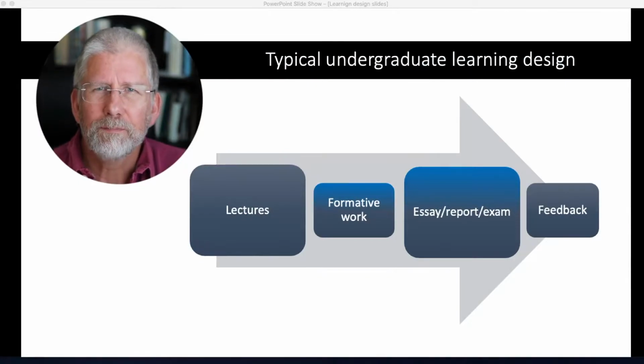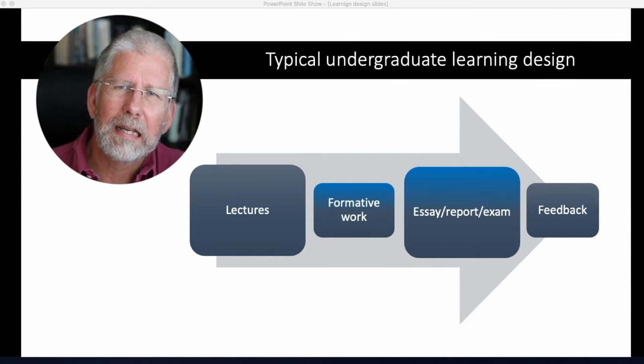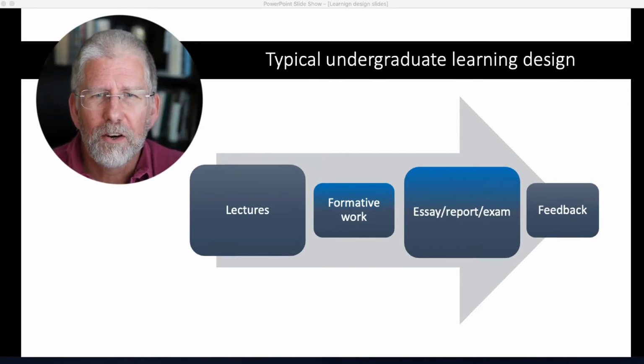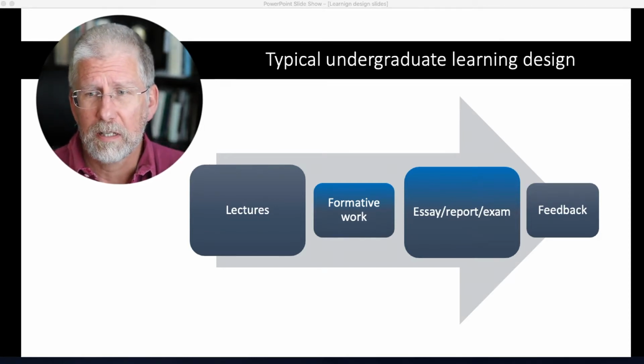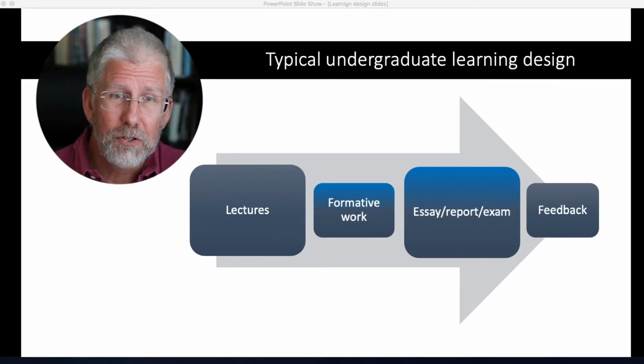So I've got some slides here I'm going to show you, and we'll be toggling back and forth as we look at the slides to illustrate this particular content. So let's look at the first slide here. Okay, so this slide shows us typical learning in an undergraduate setting. What you see here is, at the core, one of the biggest boxes is actually the lecture, and we know what a lecture is. Someone stands up and basically lectures to students.